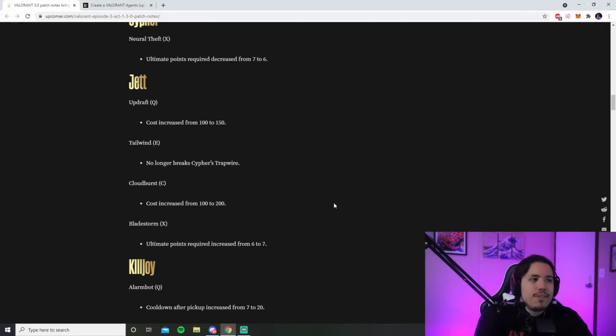You know, the Updraft, now its cost increased, 50. Tailwind, you can no longer dash through Cypher's trip. We talked about that. Cloudburst from 100 to 200. Blade Storm from 6 to 7. Now, these are all bad, and you would think that this would make Jett quite a bit weaker